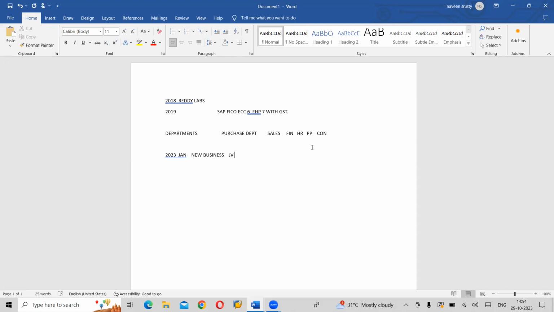So definitely in an interview, they might ask you, have you ever worked on an enhancement project? Clear? So what does it mean? The company is already using the software for its existing departments or businesses. If any new department or new business is introduced by the company, then they need to configure SAP and integrate that new department or business with the existing departments or businesses. That type of project we call an enhancement project.